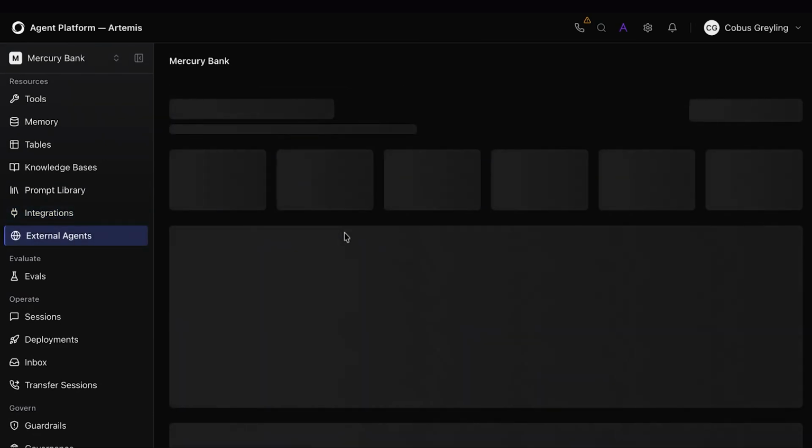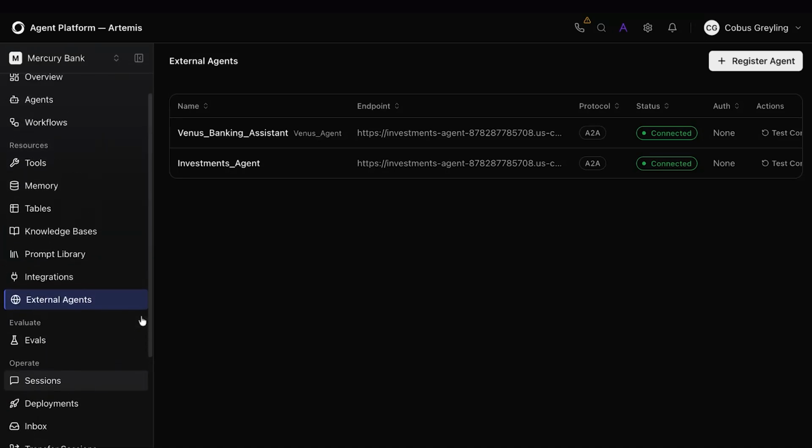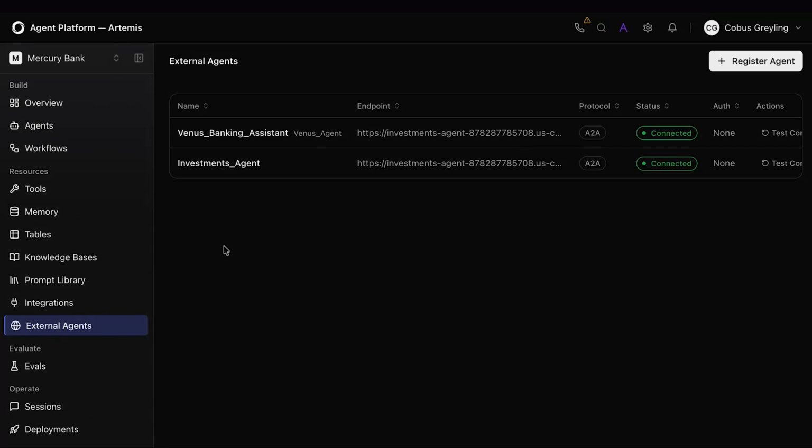Obviously, if there's an environment where you've got existing agents, you can use the agent-to-agent protocol to connect to those agents. And then you can see there are other elements like evaluate and operate that we'll get to in future episodes. But suffice to say that, as an overview, you can immediately recognize where these AI agent primitives sit.